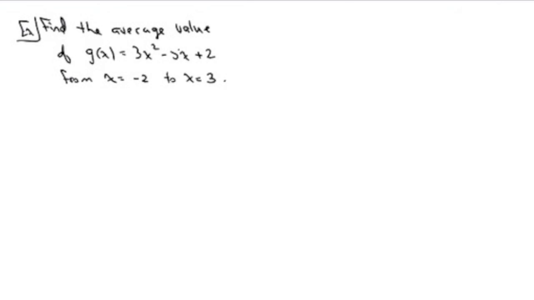So now, after what I just discussed over here, when you see average value of a function, you think slope. So this whole question is basically just find some slope. And then the brain wave should be going, how do I find slope? What do I need? Well, I either need y equals mx plus b, it ain't going to come out of this, or 2 points. So how am I going to get 2 points out of this mess? All I'm given is a function, and x equals negative 2, and x equals positive 3.